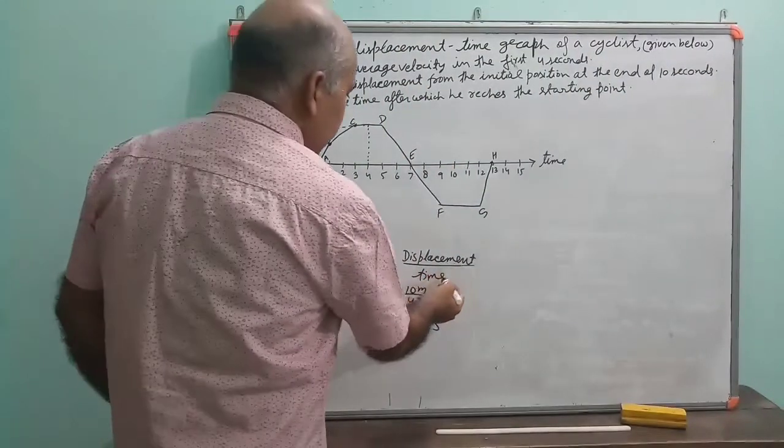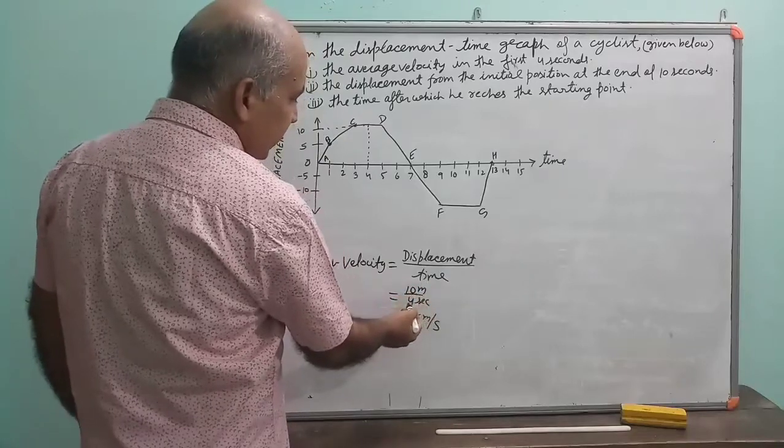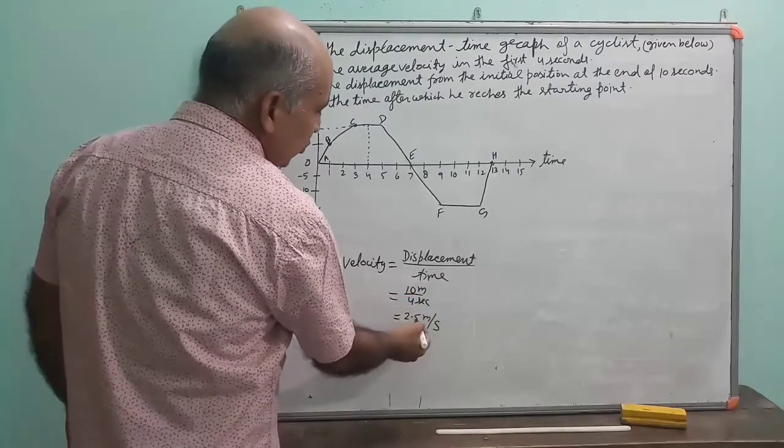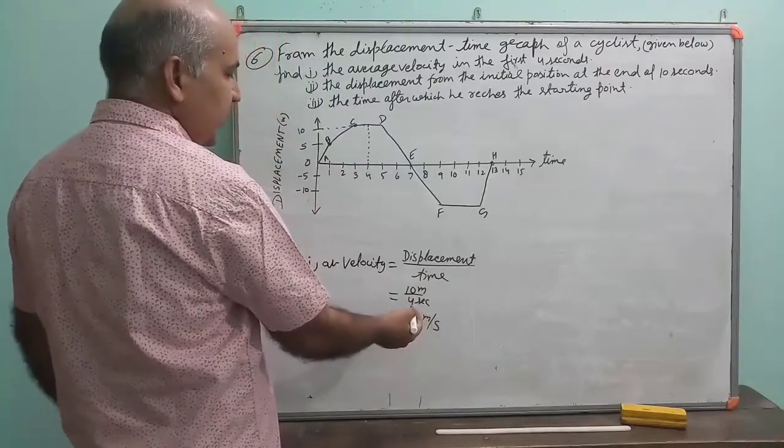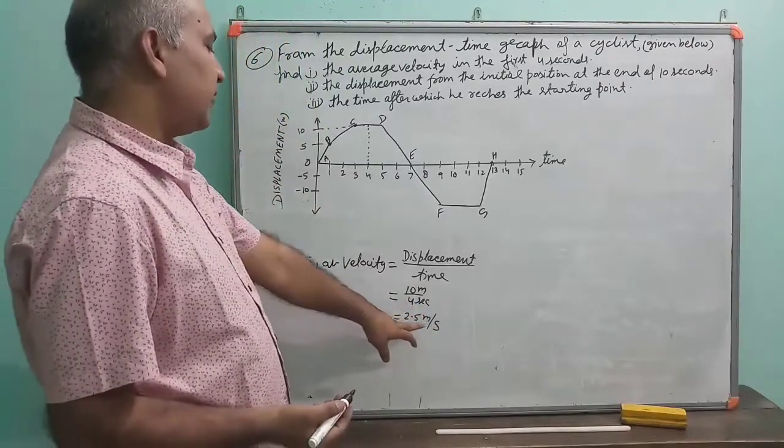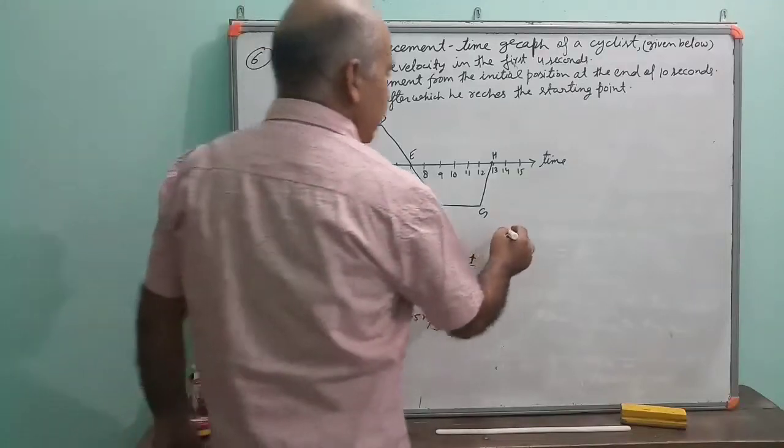Average velocity is equal to displacement upon time, 10 meter by 4 seconds, that is 2.5 meter per second is the average velocity. Okay, the average velocity is 2.5 meter per second. Now the second one,